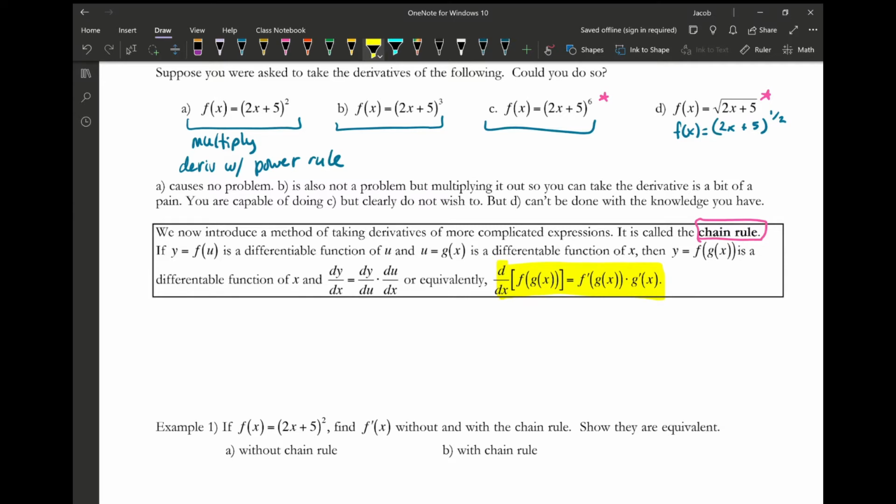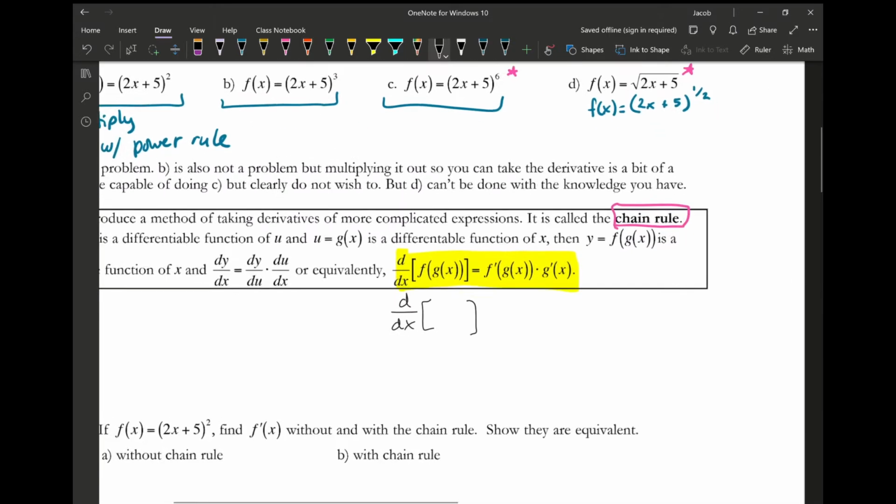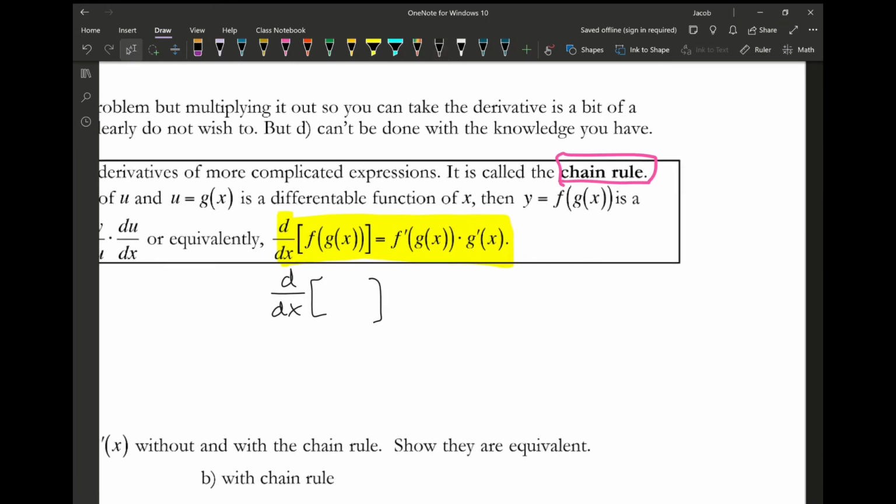The most critical part about this definition, and I hope you have a different color, or at least a pen and a pencil, is being able to recognize the existence of a function inside a function. So if I'm taking the derivative of a function inside a function, I'm going to use pink and blue, so g of x is inside f of x,